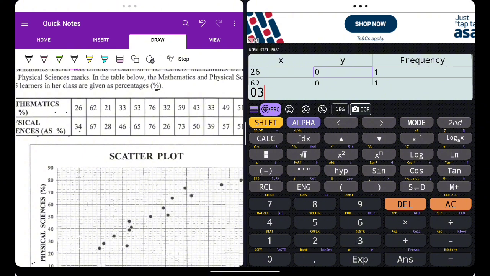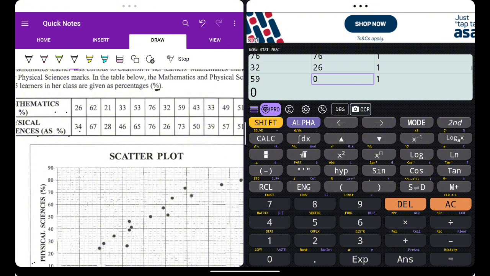So we have 34 equals to 67, 67 equals to 28, equals to 46, 46 equals to 65, equals to 76, equals to 26,